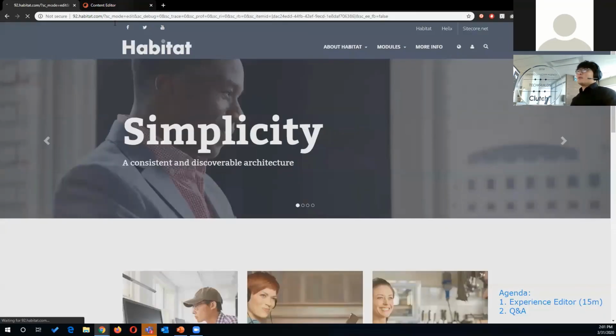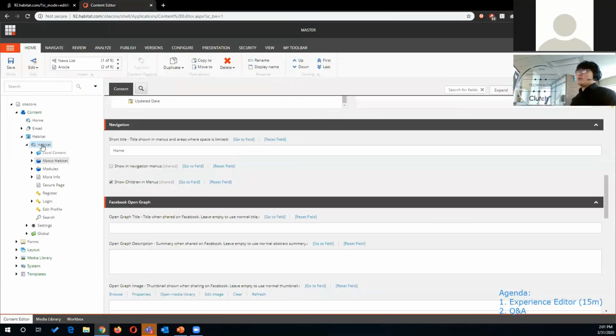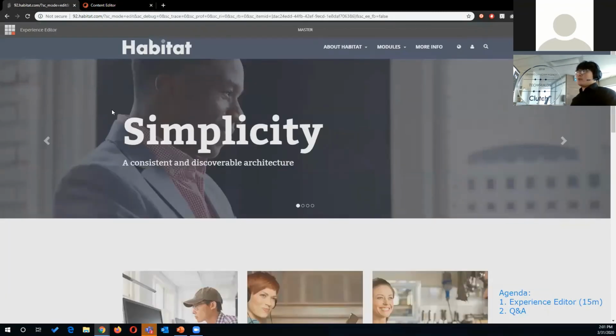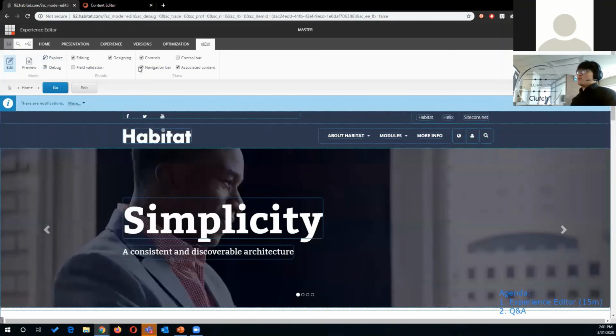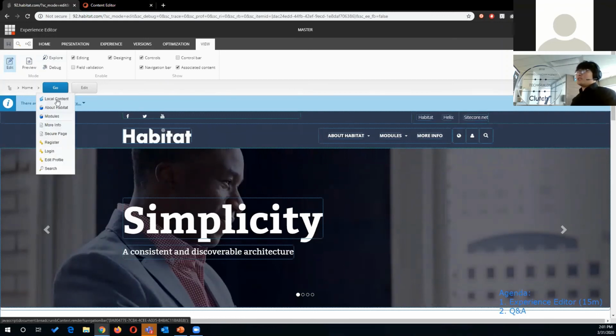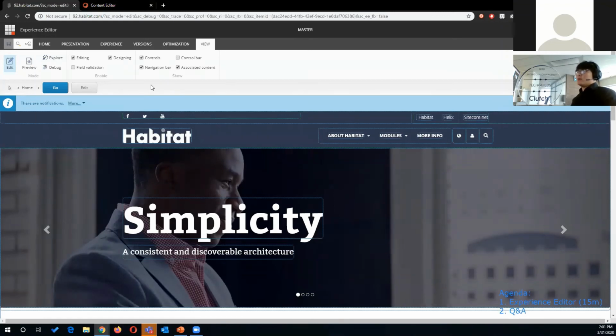So if you are in the content editor view, you can choose the website from the content tree. If you are in the Experience Editor view, then the navigation bar is where you navigate around it. You can see all the sub pages showing right here. And yep, so I was talking about